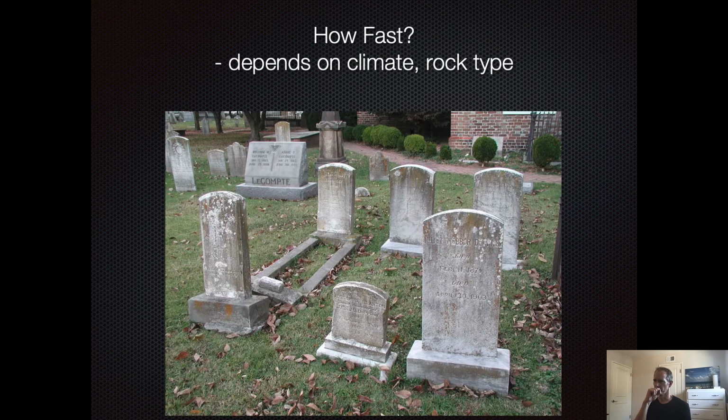And so how fast does weathering occur? Well, it depends on a variety of things, but the two most important are the climate and the rock type. Generally, more solid, harder rock will weather slower, and a wetter climate will create weathering faster. But it really depends on both. So for example,